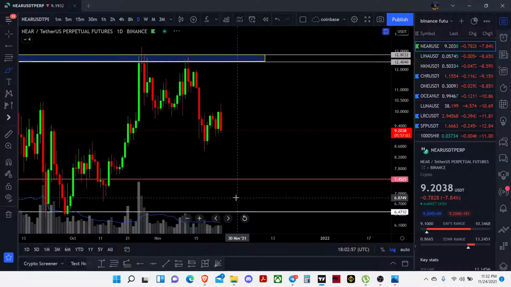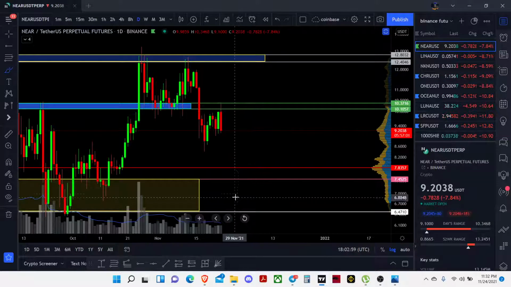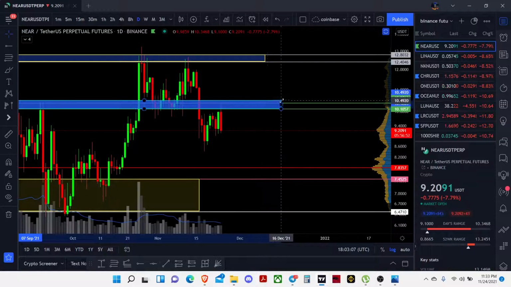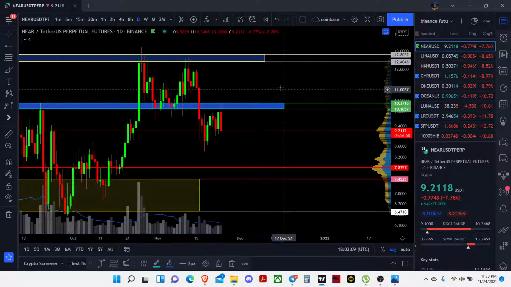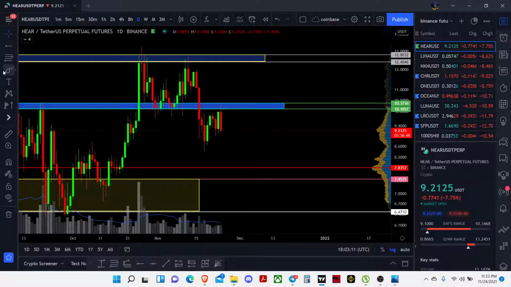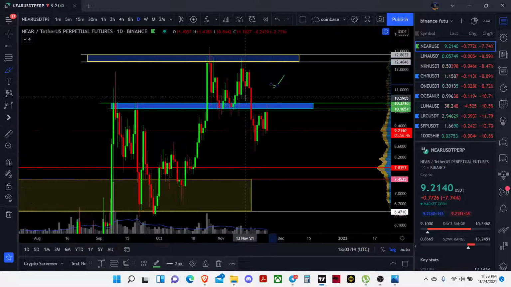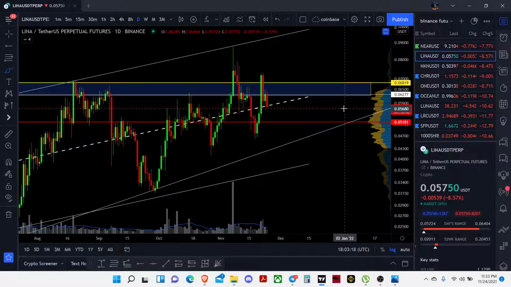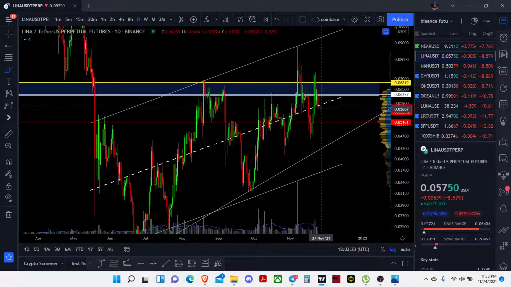Yeah, look at this. Every single candle is respecting the levels very much. So look at this. It went into my blue box, got rejected back, and this was a support before, turned back into the resistance. And Lena. So Lena is testing the midway.